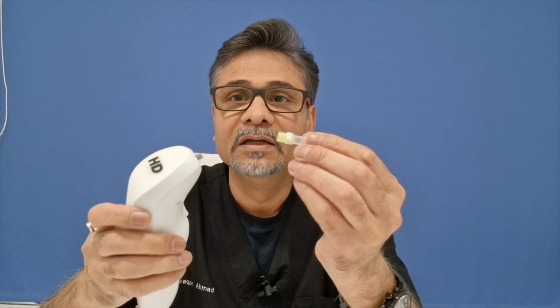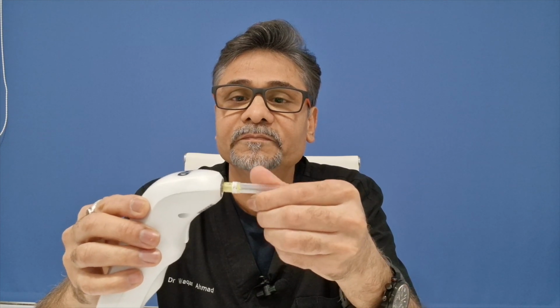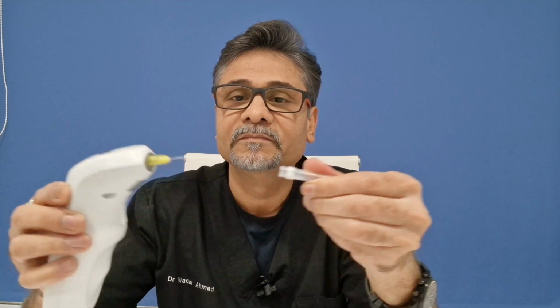Now if I'm holding this pen close to my skin, the arc will be formed in this area between my skin and the device, and that arc will cause the thermal injury. An aseptic, clean, sterile needle is attached to the device. And now this device, if you look closely,